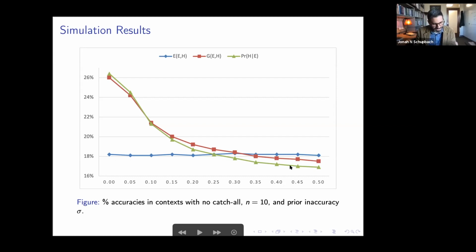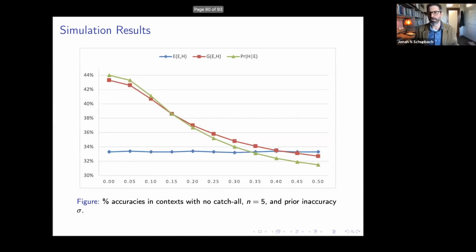And so the idea here is that the G measure, this new G explicatum, does the best, or very nearly the best, across all situations. There's not a very clear case in which it doesn't do well. And these results from the simulations are completely robust. Here's another situation. That's n equals 10. Here's n equals 5.